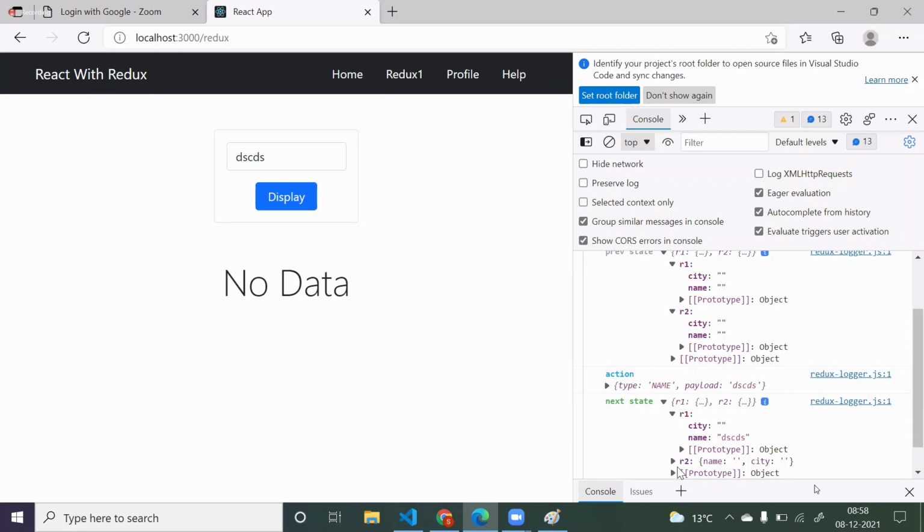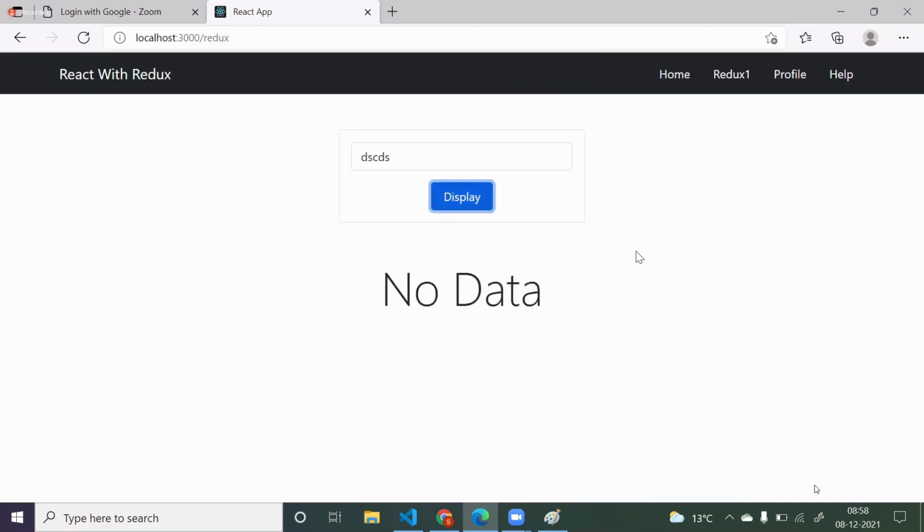But if you go to R2, you didn't get anything, because in this secondary reducer, we have not done anything. So here it is empty only. But in R1, we got the data. Now finally, we are able to store some data in Redux. So this is how you have to store some data in your Redux.